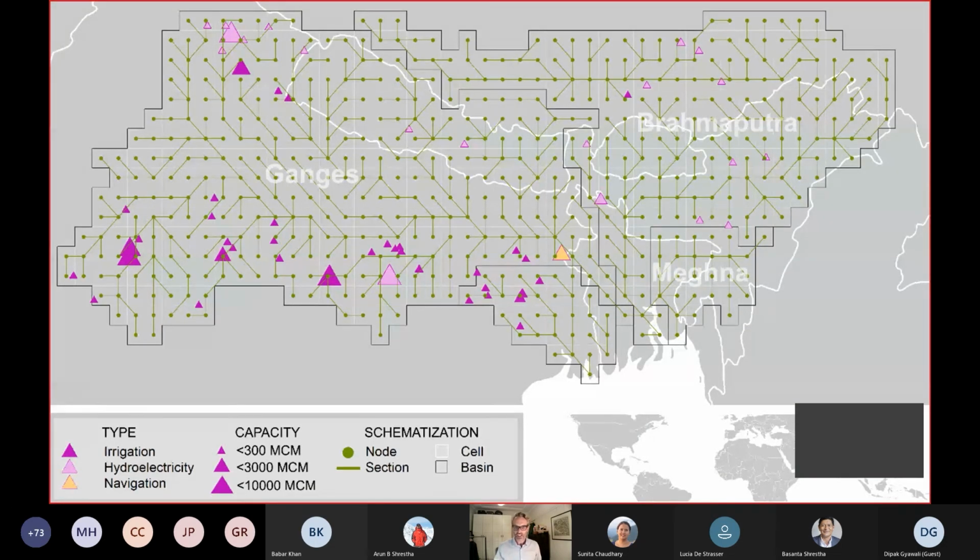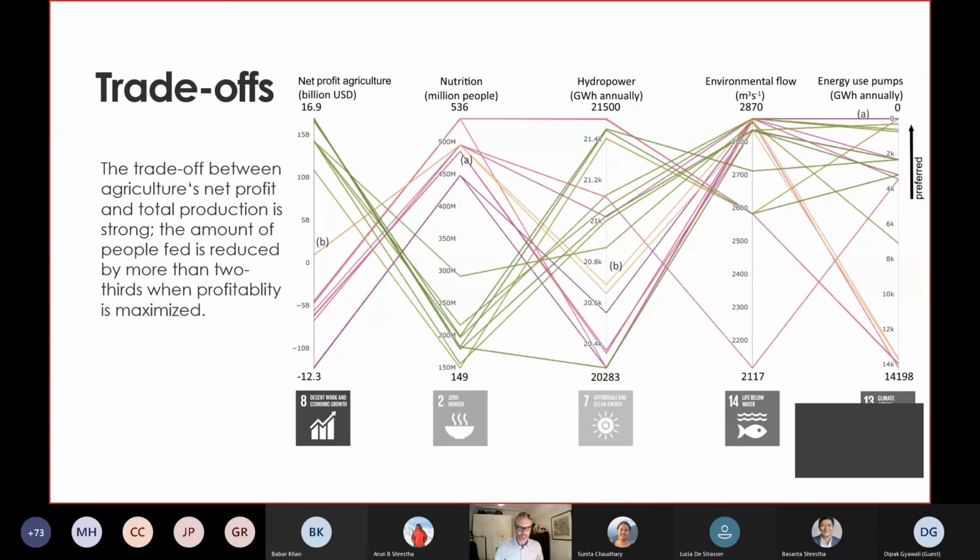And so this is sort of the grid cells and the different hydropower dams, different irrigation dams that we include in this type of analysis for the basin. Now, it can go at a much higher resolution, but for the moment, this is what we base the results on. Just to give you an idea of the outcomes of this study for the Ganges and Brahmaputra basin,